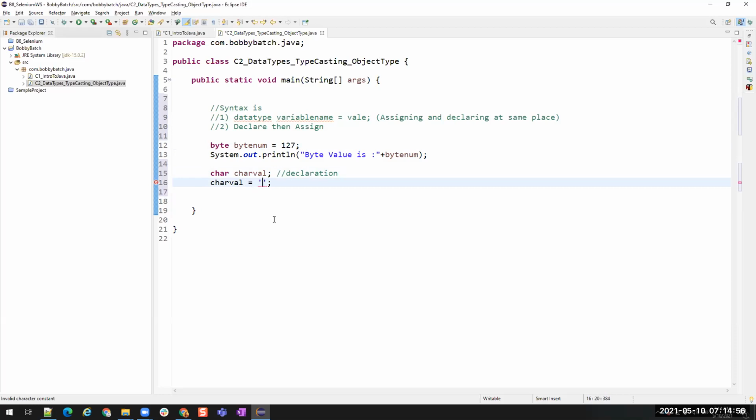And a char value can store only a single character, like capital A, or one, or an exclamation mark, anything. Any character within single quotes can be stored inside a char value. So let me create it as B. There won't be any change in the display.